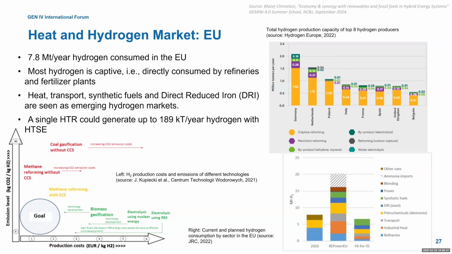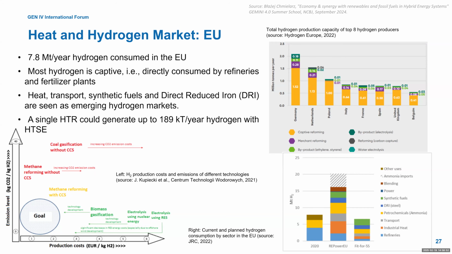And it was presented this year in the summer school. This shows the size of the heat and hydrogen market in the EU. 7.8 megatons a year of hydrogen consumed in the EU. Most of this is captive, so it's directly consumed by refineries and fertilizer plants. We see that there's a lot of space in this market for heat transport, synthetic fuels, and then direct reduced